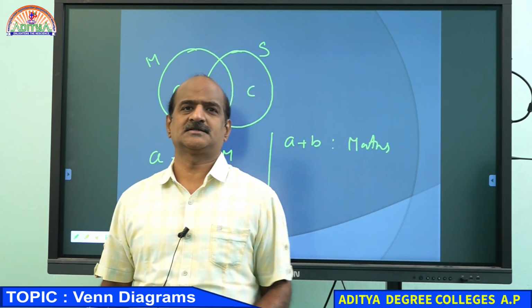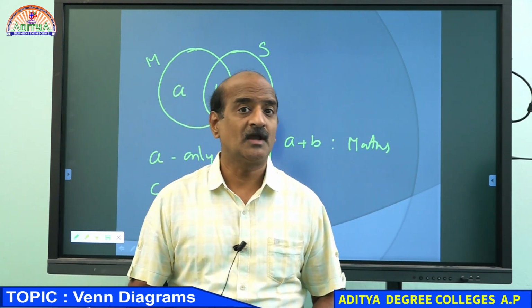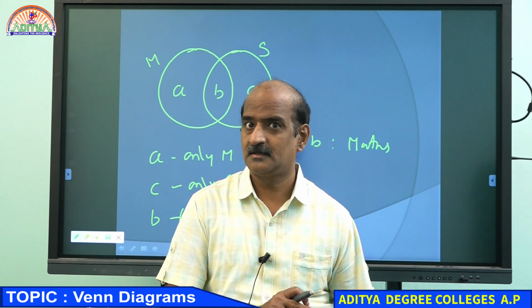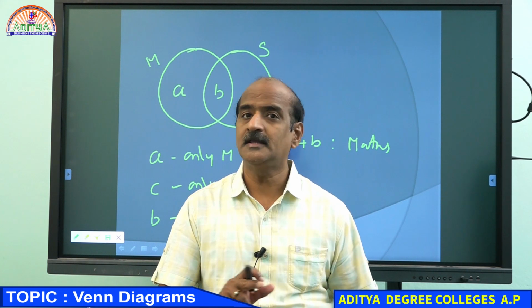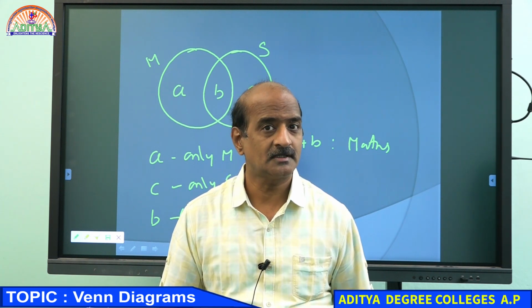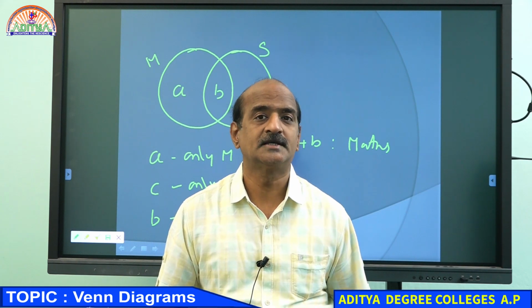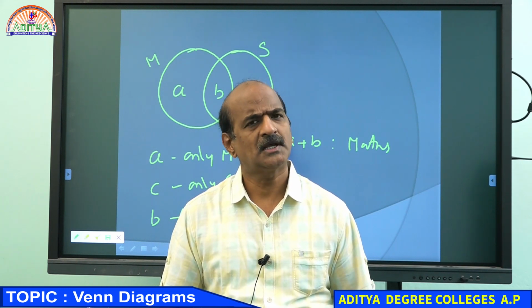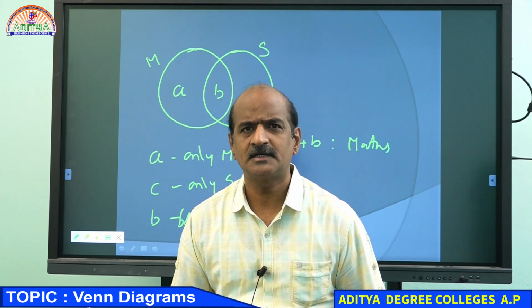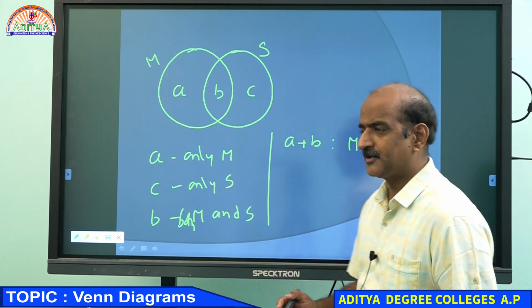Don't use only maths. We have no right to use only maths because B also likes science. Neither do we have a right to say maths and science because A does not like science. If that is the case, we better say maths. Don't use only, simply say maths. That is absolutely enough. I hope you understand.